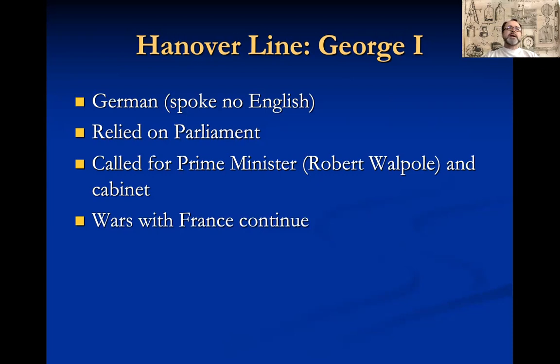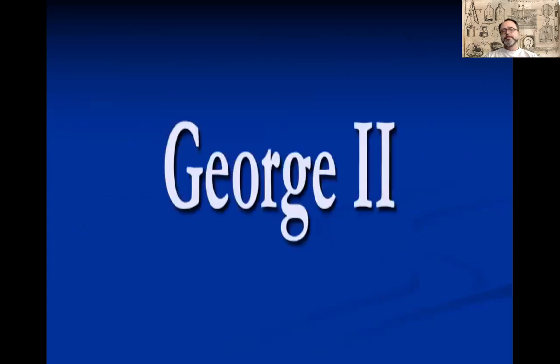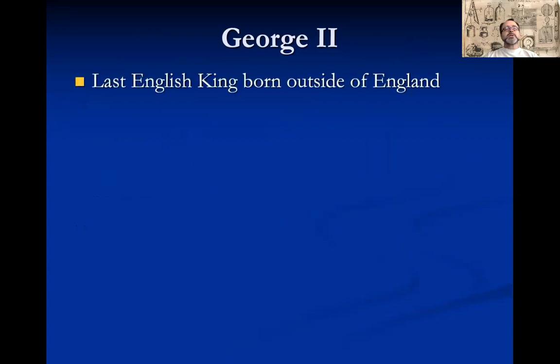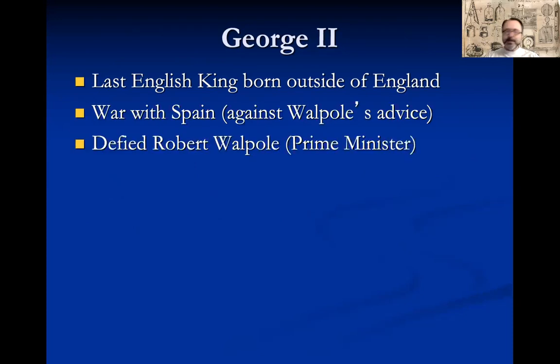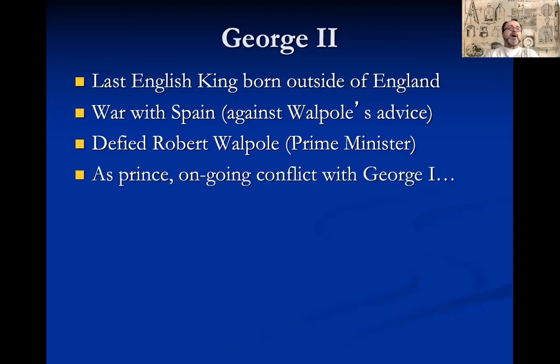George is succeeded by his son, also George, convenient, George II. And George II is the last English king to this date that was born outside of England. He was born in Germany because Dad preferred to live in Germany. He starts a war with Spain against the prime minister's advice. He's constantly at odds with Robert Walpole, with the prime minister. It's like these stupid English kings can't learn that you can't go against Parliament, especially now that it's written into law, right? And this conflict